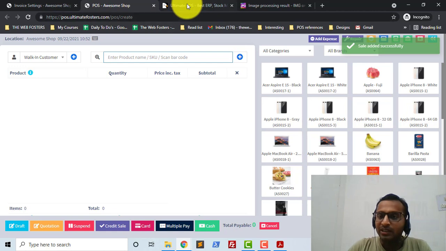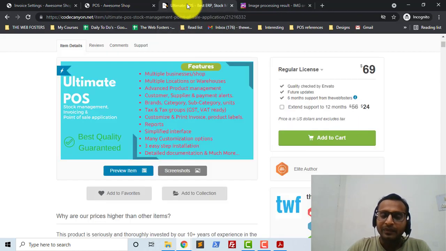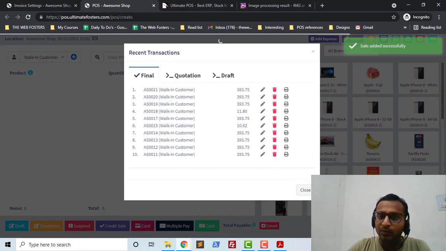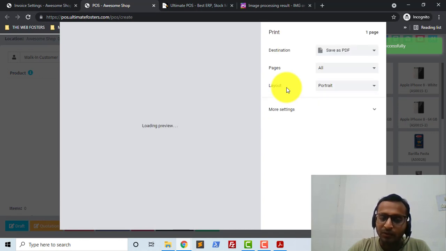So that's all in this video, and I hope this feature is really very useful for many of the different countries, because as per government specification they need to have a QR code in the invoice, and also you can easily scan this QR code from your mobile phone. So suppose I want to scan this QR code, if you are using any smartphone, you can easily scan the QR code from your smartphone.